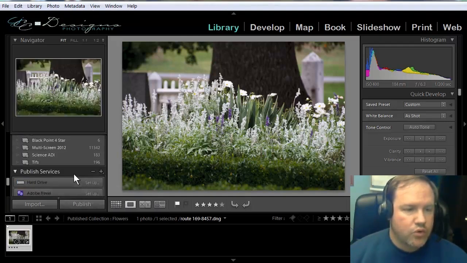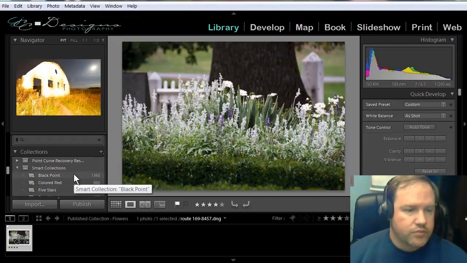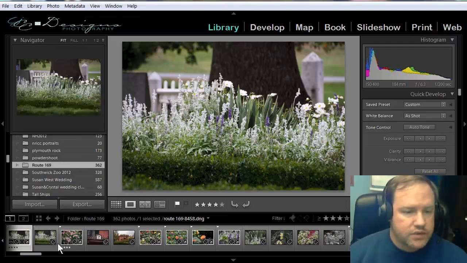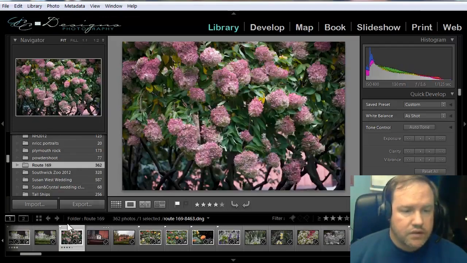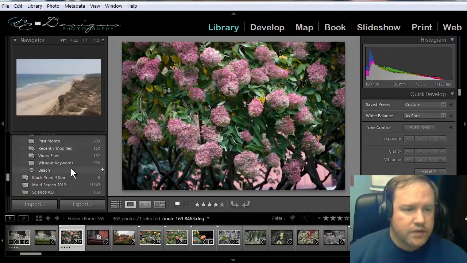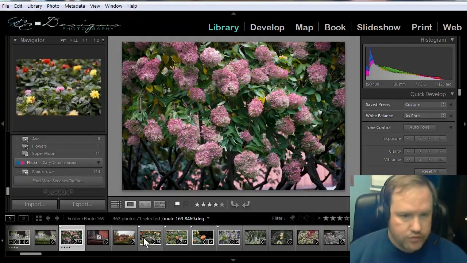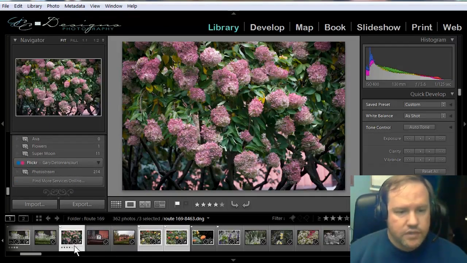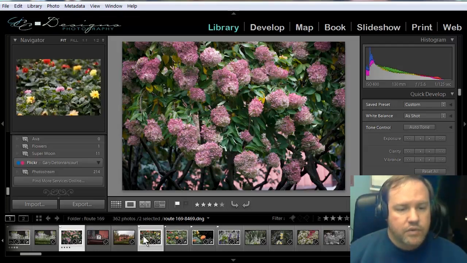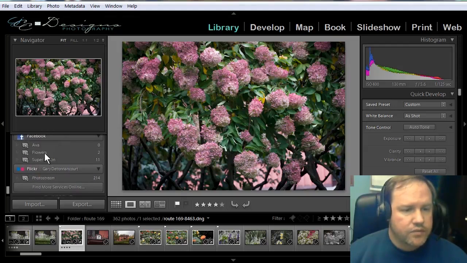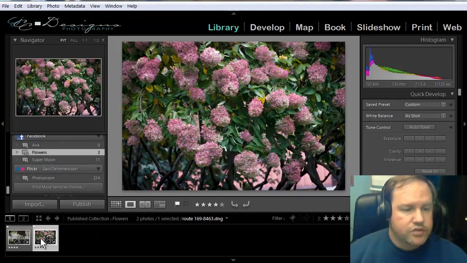Now if I wanted to add more photos to it, I'll go back up to my folder that has flower photos in it, and I click another image, and of course you could do a batch of images together by hitting Control and selecting a couple of images. In this case I think I'm only going to put in this one, and then I just click and drag it to flowers and let go. Now when I click on flowers, it shows me that I have two flower photos,